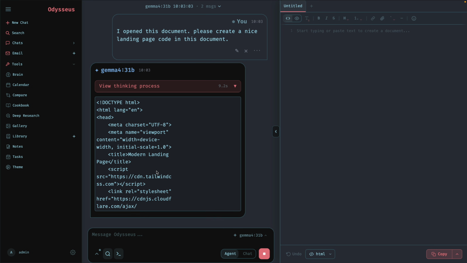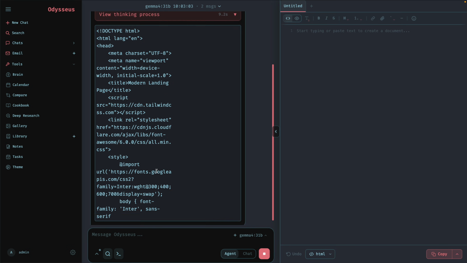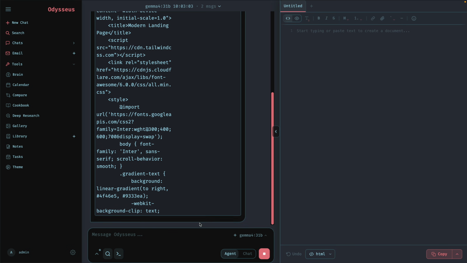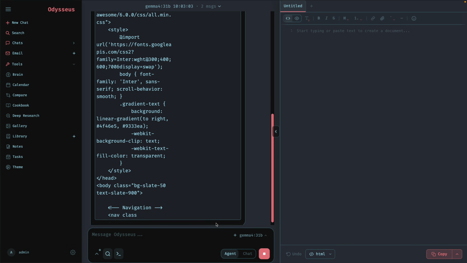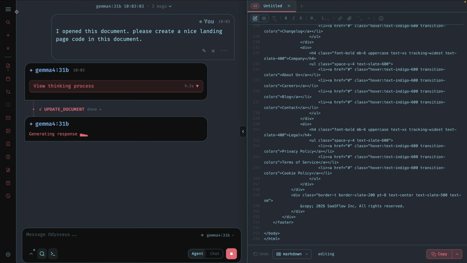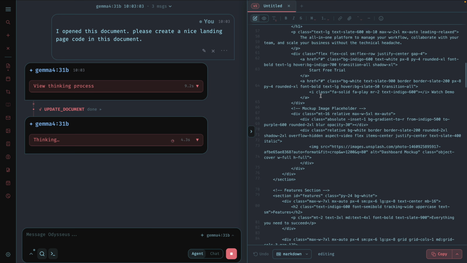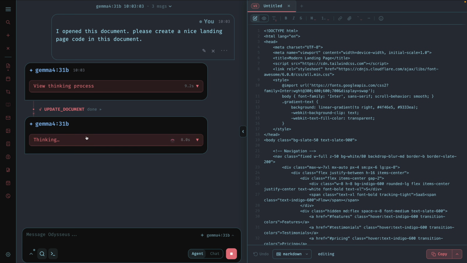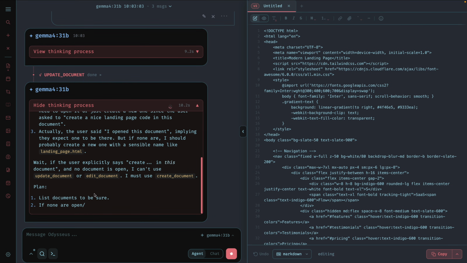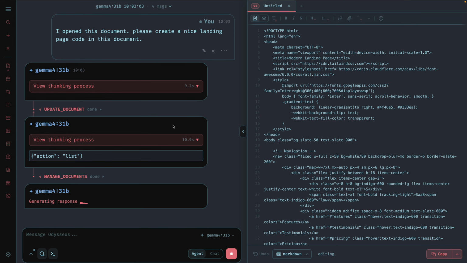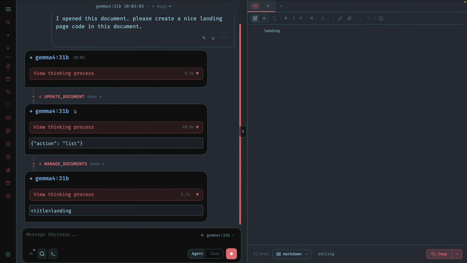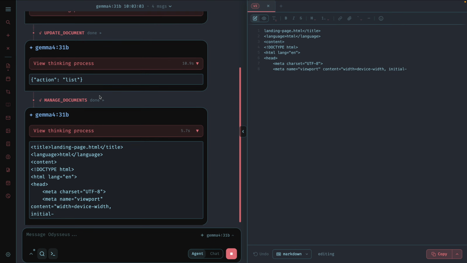Let's see if it is able to do that. It has started to write the code. Even if it doesn't update the document, we can just manually copy and paste. But let's see. Just wait for some time. All right. It has completed the process, and after it was done, it automatically inserted that generated HTML into that document. So that is really nice. Now it is thinking about something. Let it complete it first, and then we will test it. You see that in the agent mode, it was able to call the tools and everything.